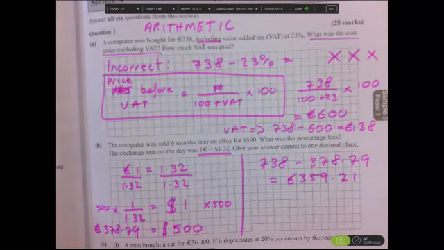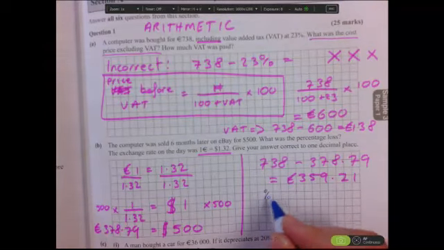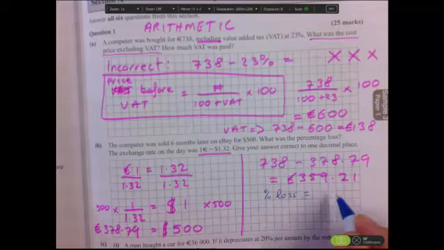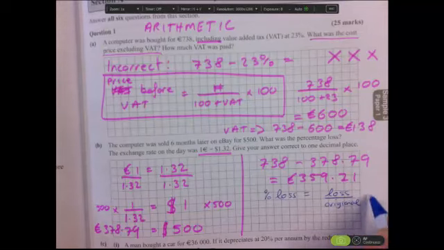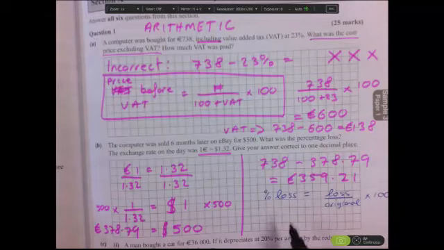So then we need a little formula for percentage loss. So I'll write this here. So percentage loss is equal to the loss over the original times 100. So we can use that little formula. So the loss is 359.21 over the original, which is 738,